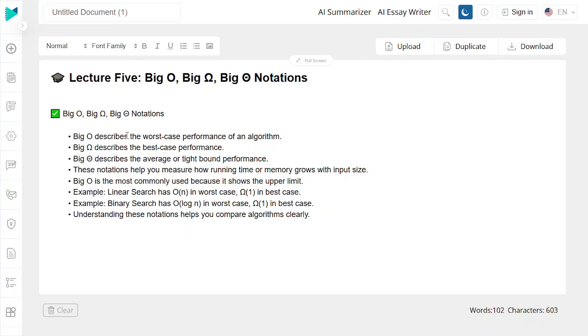The big O describes the worst case performance of an algorithm, right? The big O notation, which is one of the three notations of data structures and algorithms, is used to describe the worst case performance of an algorithm, which means it describes the worst time complexity your program can have.